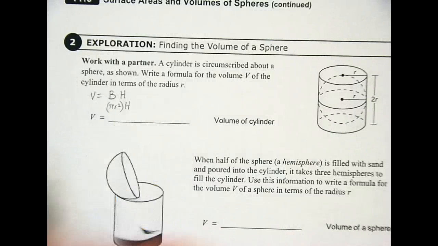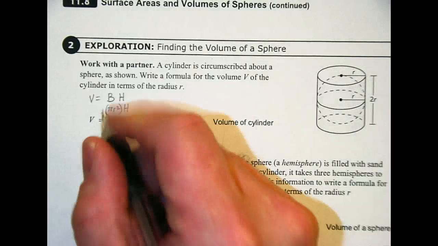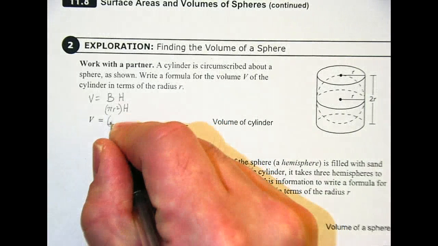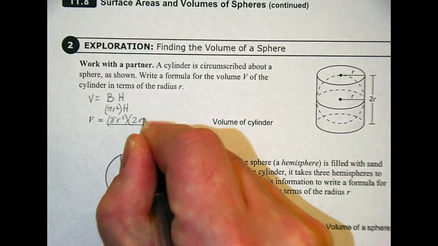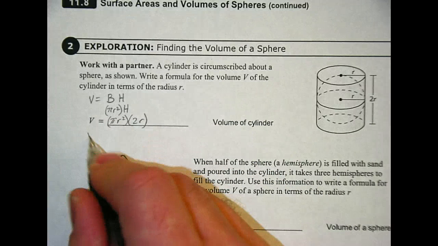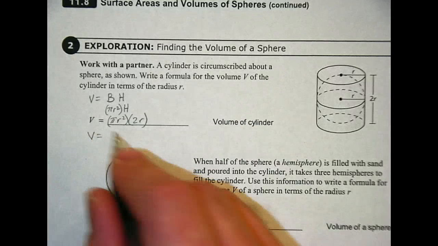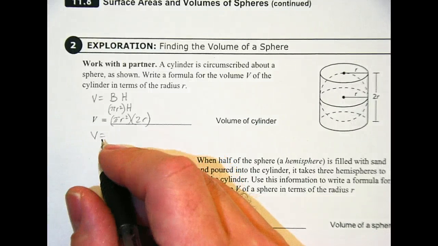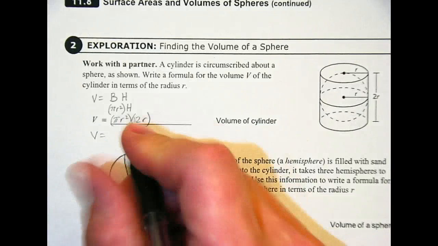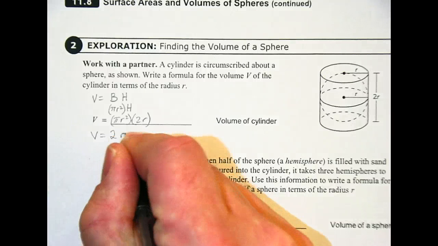What's our height? It's 2r. So I'm going to plug that in there. If I have pi r squared times 2r, I want you to simplify that. Tell your neighbor what that simplifies to, please. Go for it. What do we got? Go ahead, Diamond. Very good. 2 pi r